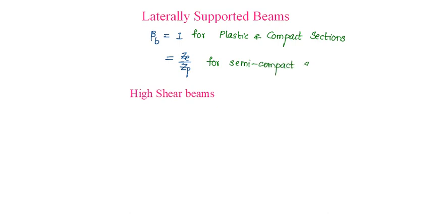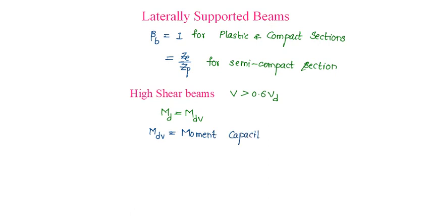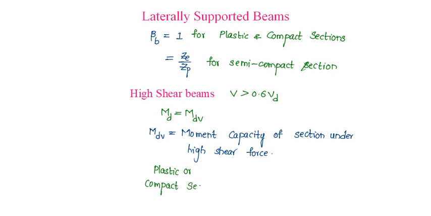sections. And the design of high shear beams, that is the case in which the factored shear force is greater than 0.6 times of Vd, then Md is given as Mdv, where Mdv is moment capacity of section under high shear force. This Mdv for plastic or compact sections, it is given as